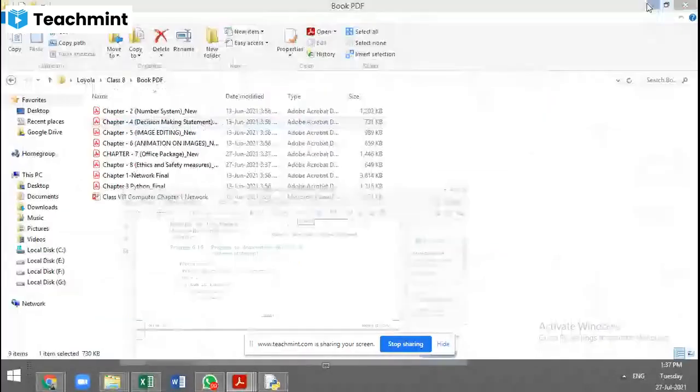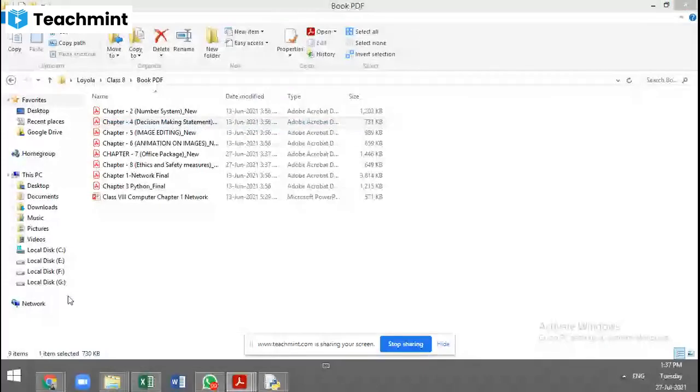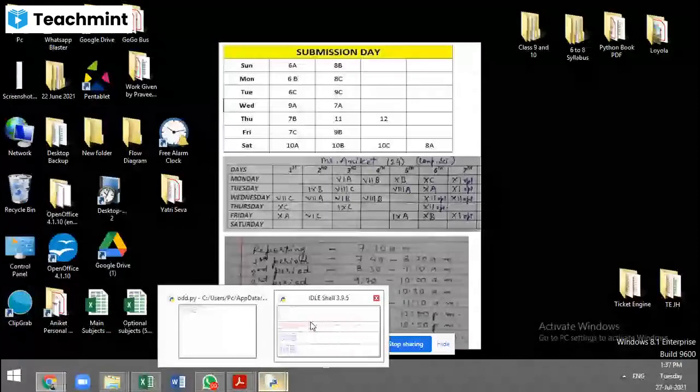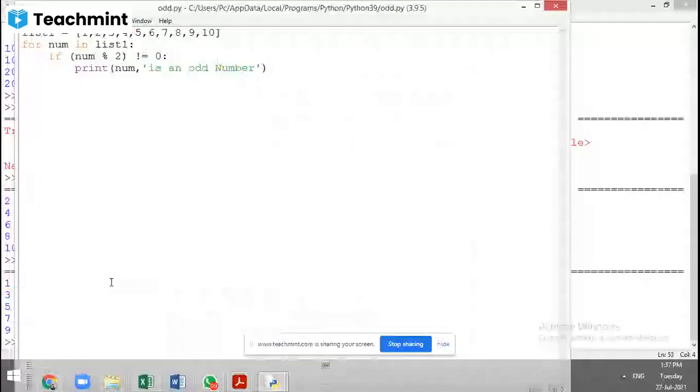Okay, there are no such programs with the for loop only. With this concept only, we don't have many programs. Okay.